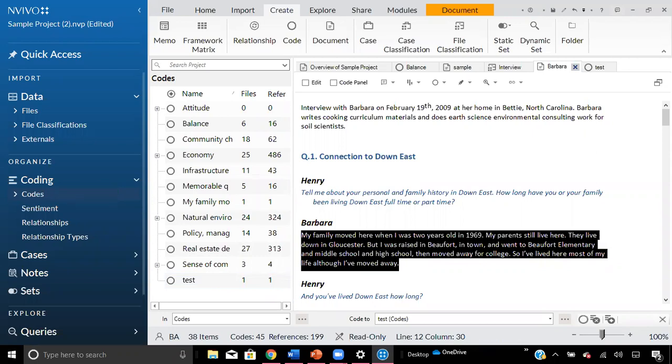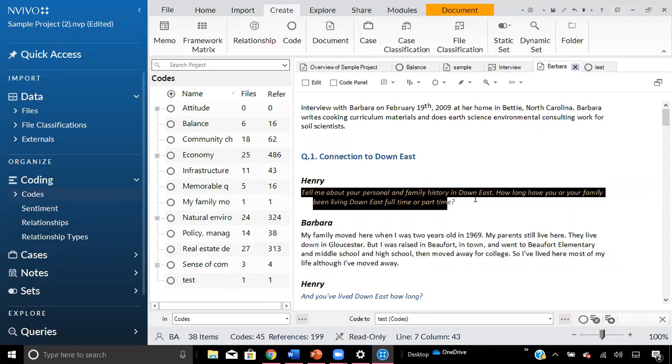And that should put another reference in there. And there we go. Now we have two references under the test code from dragging and dropping. So those are the three main ways to code your data.